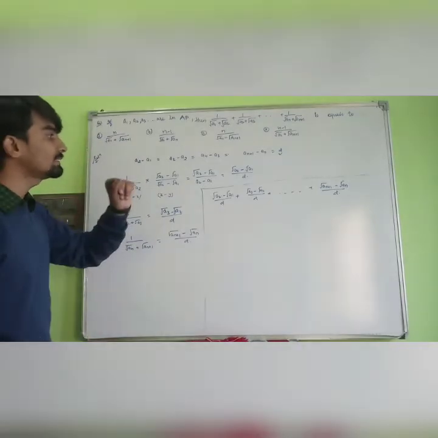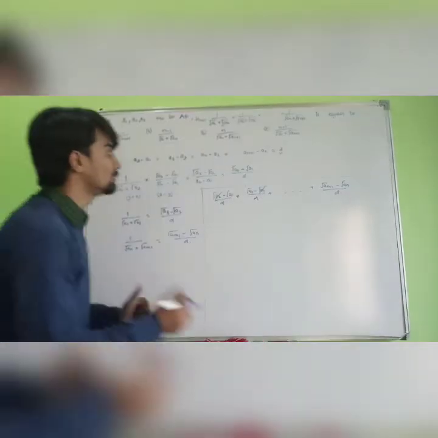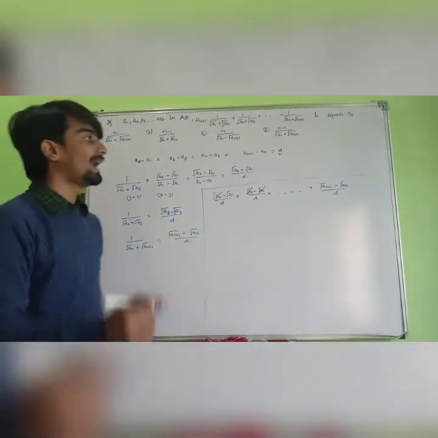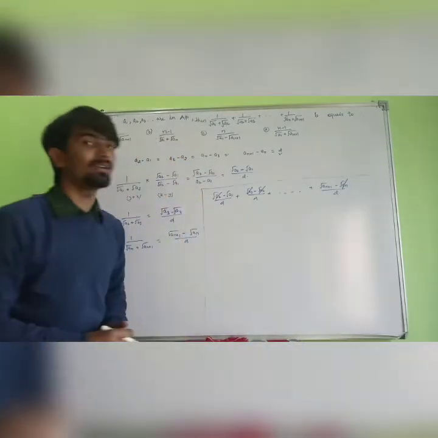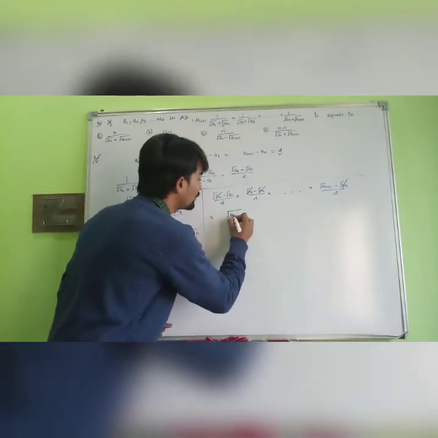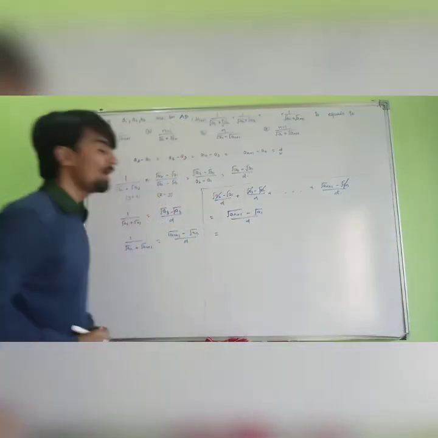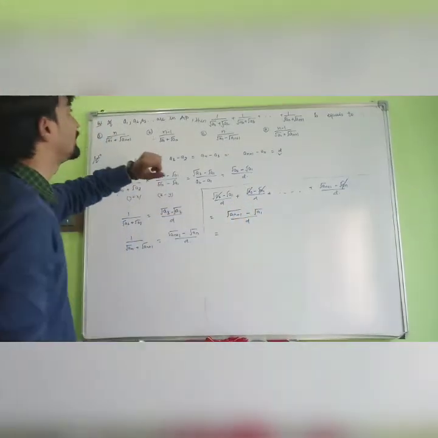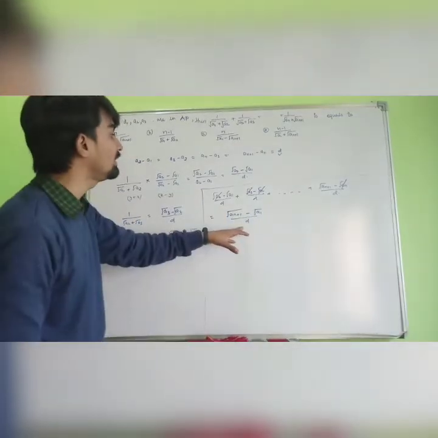Okay, now we can see that root a2 will cancel with minus root a2. Similarly, root a3 will cancel with the minus root a3 of the next term, and in the same way root an minus root an will cancel out with the last term. So what we are left with is root an+1 minus root a1 over d. But if we check the options, this term is nowhere coming in the numerator. So also we have to eliminate d from the denominator.